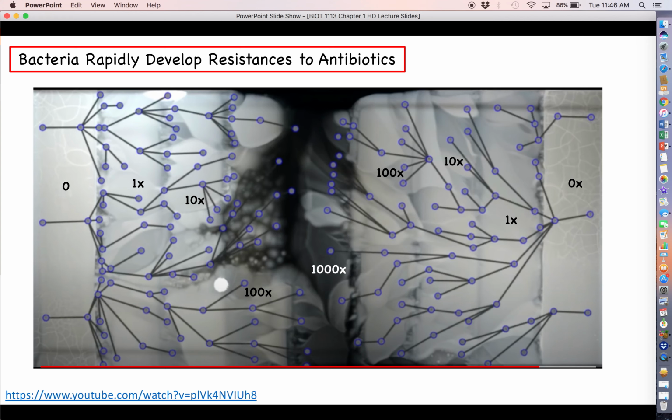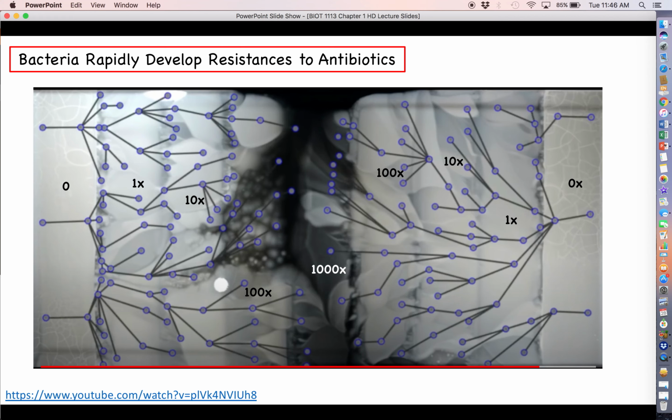Well, as you watch the video and you see the time lapse occurring, you're going to notice momentarily those bacteria stop spreading, but eventually small little colonies here and there along the vertical axis between the 0 and the 1 will overcome the antibiotic and start spreading out on their own. So you can see that over the complete time lapse, as we go from no antibiotic to 1 times effective